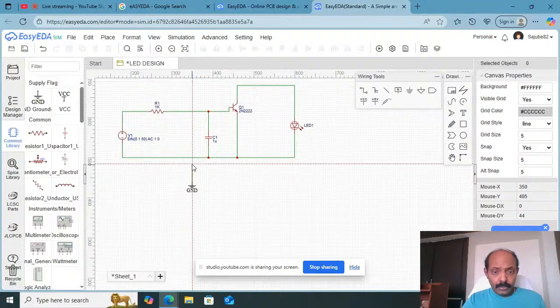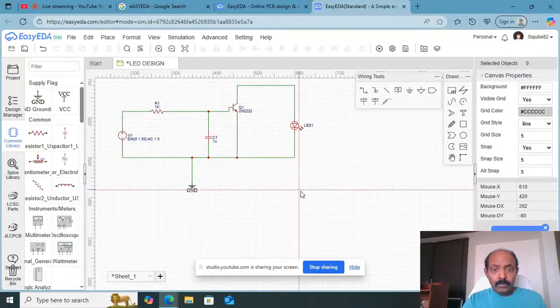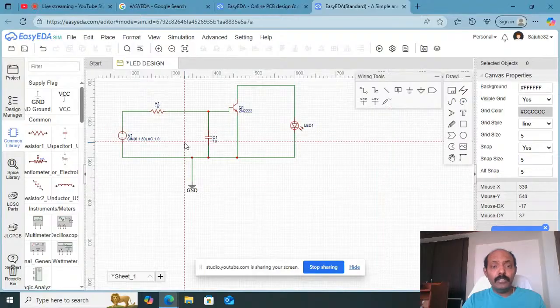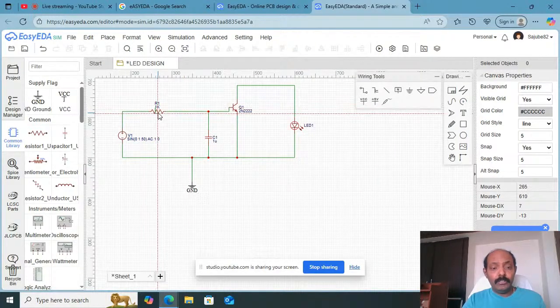This ground is connected here. Okay, simply I connect all this network. Suppose I need to change the resistor value. Select this